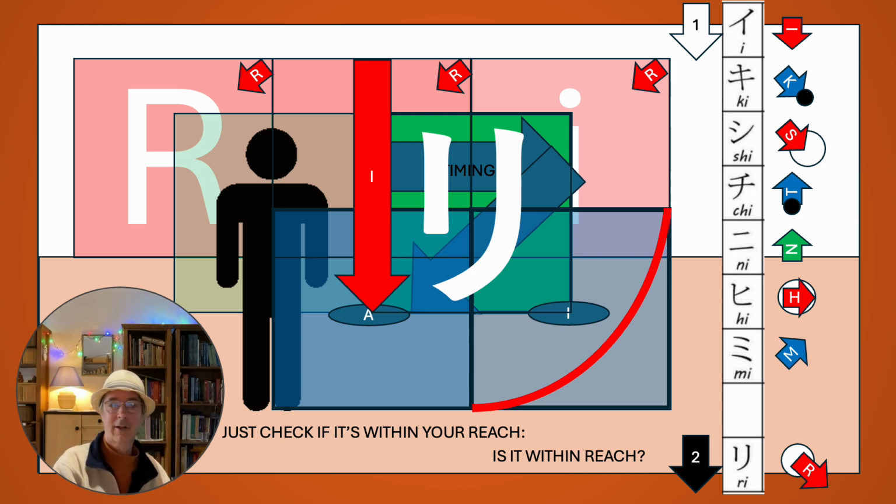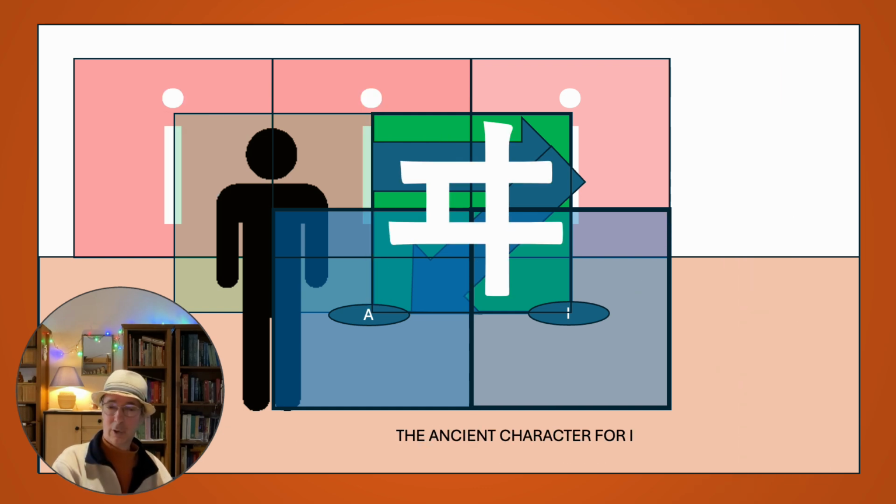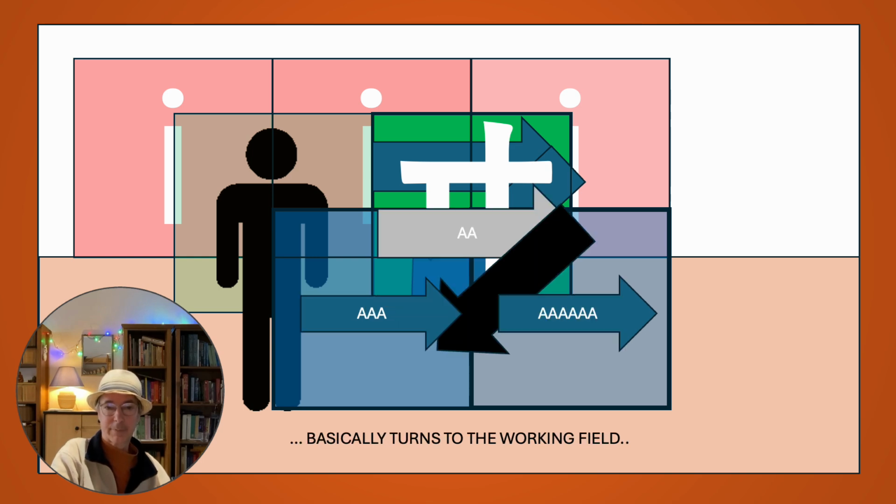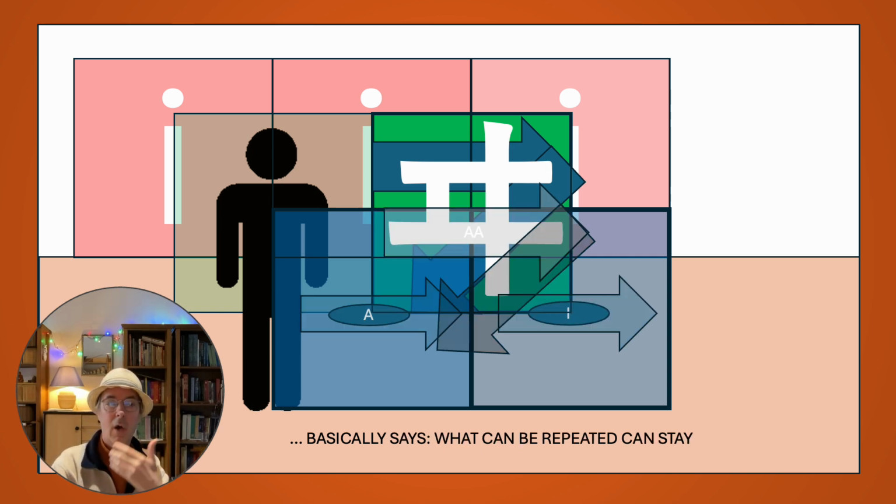And you can understand the letter combination in the Japanese script this way as well. The old letter E, which is no longer used, but it's still interesting to see it. The ancient character looks like this. And also there you have this forward move and taking a step back. But it's more like an expression of how it can be applied to all places, to all